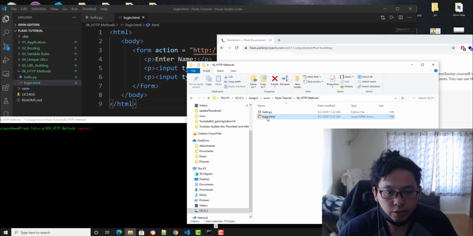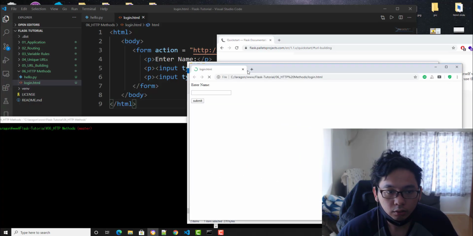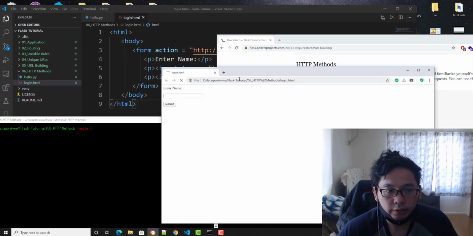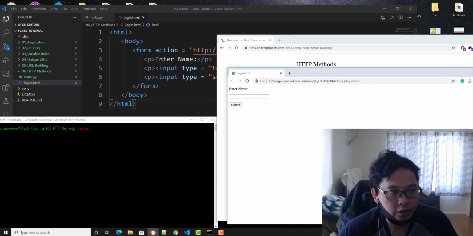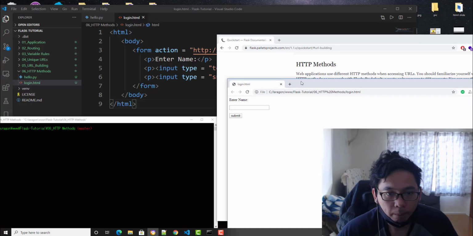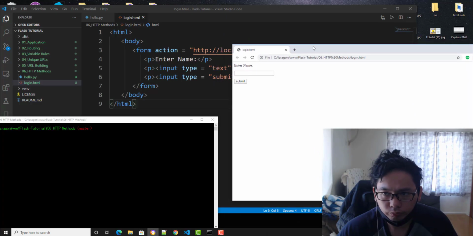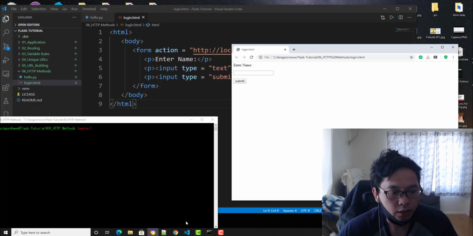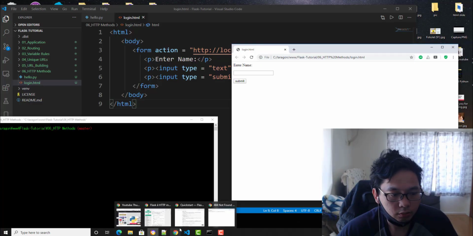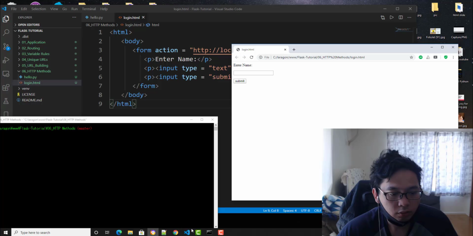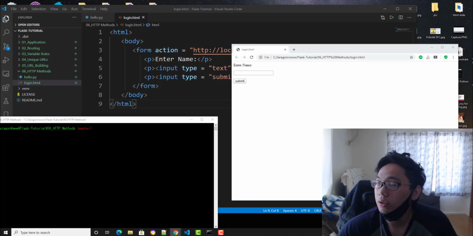I'm going to click this. Okay, like that. So this is our index login.html. Okay, I'm going to put it here. And where's our Flask? Where is it? Yeah, here.